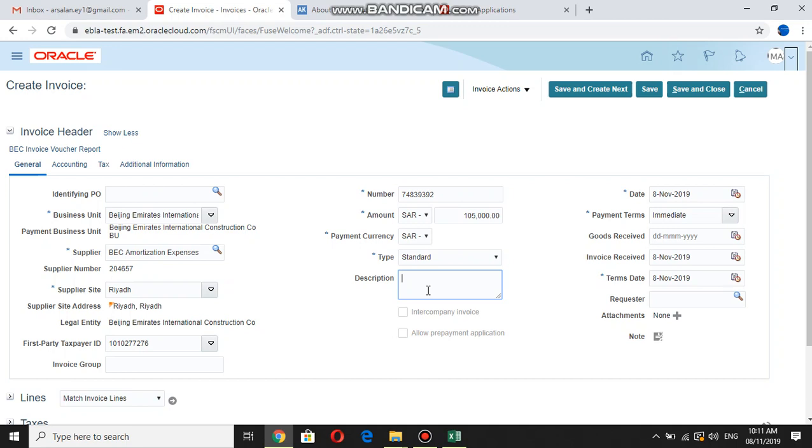Well, after this one, we need to write the description. So what type of expenses? So I'm writing here the printing and stationery expenses. Well, I have to choose the accounting date. So I'm writing here that this invoice I'm entering on 1st July 2019,